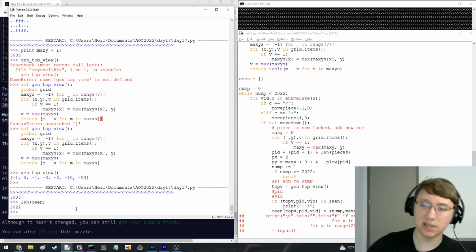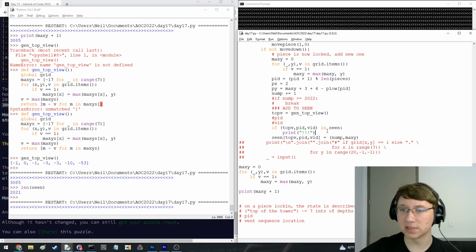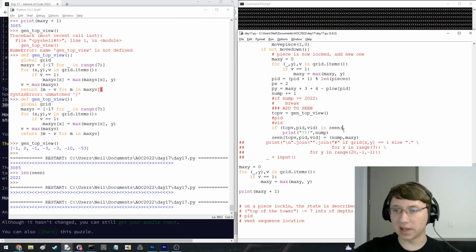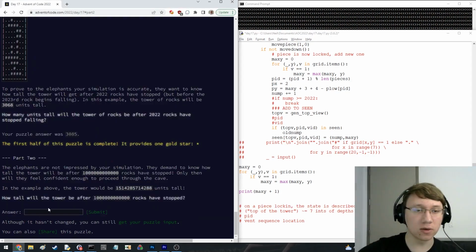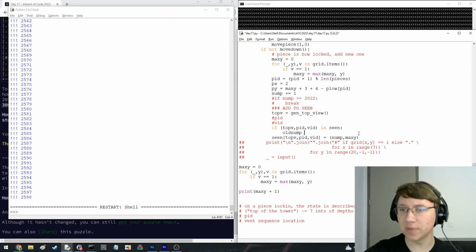How big is scene getting? Scene is getting pretty small. That makes sense actually, that it doesn't get very big. I'm gonna let this run for a little bit because I would like to have an idea of what the num pieces is when we get there, and then I can keep coding the rest of it. Okay, so when we see this repeated, what does that mean? It means that old numpy. Okay, cool. That doesn't take very long. Sweet. Please stop. Okay, so the old num pieces is going to be scene of this PID, and then the